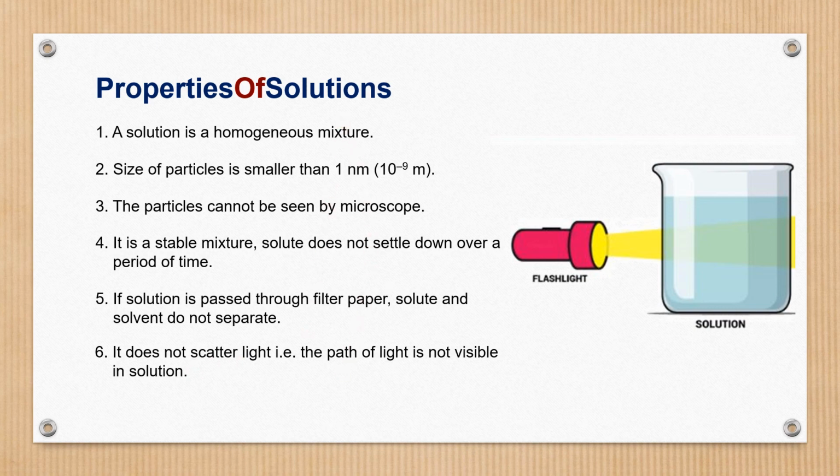So today we studied about solutions. First we studied the definition of solution, and that a solution has two parts, solute and solvent. We studied some common examples also, and among them alloys are very important. Alloys are mixtures of two or more metals, or a metal and a non-metal. We studied the examples brass and bronze, and we studied the properties of solutions also.